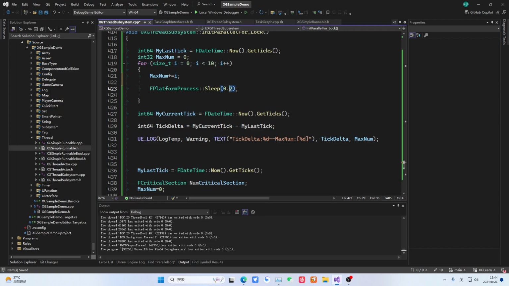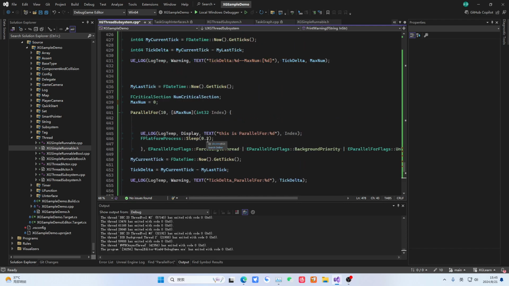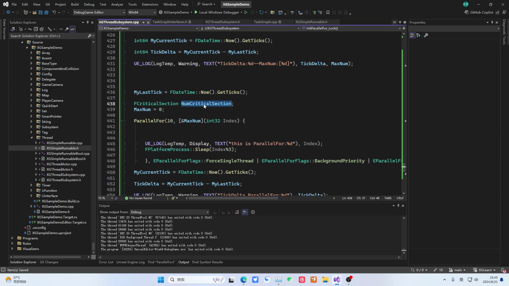Let's have I take the remainder of 3 seconds. This way, the time will be longer. Obviously, the sleep time here, we'll also have it take the remainder of I. Take the remainder of 3. Okay? Now what we need to do is pass both of these things in. Pass an address